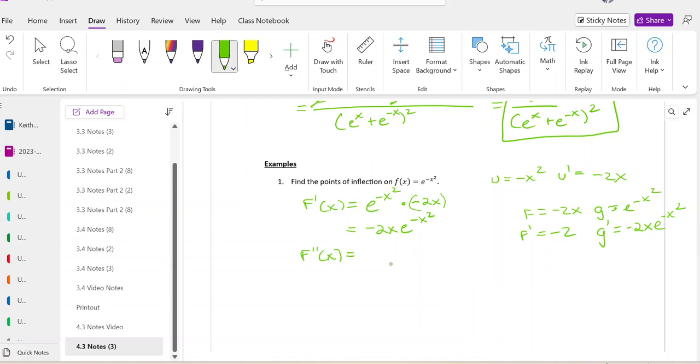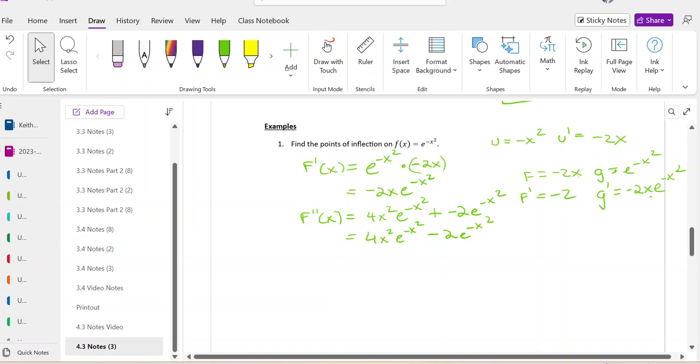So when you do fg prime, you get 4x squared when you multiply here, e to the negative x squared, plus negative 2 e to the negative x squared. So basically it's 4x squared e to the negative x squared minus 2e to the negative x squared. When you set that equal to 0, because that's what gives you the points of inflection,